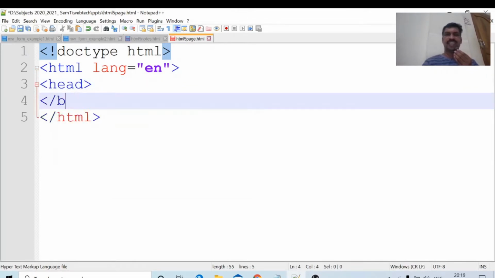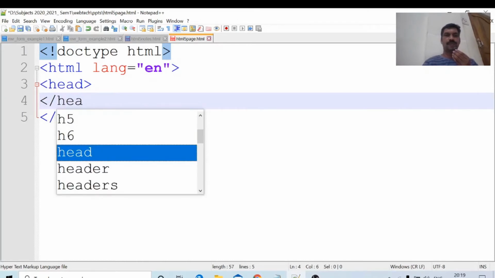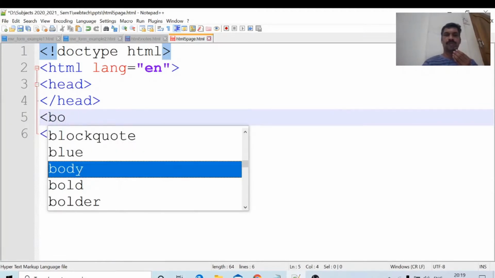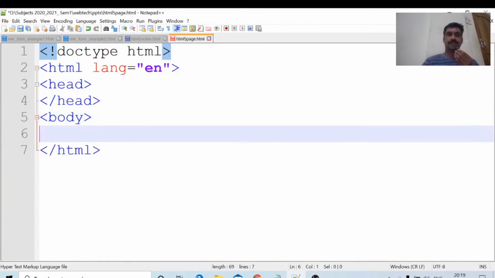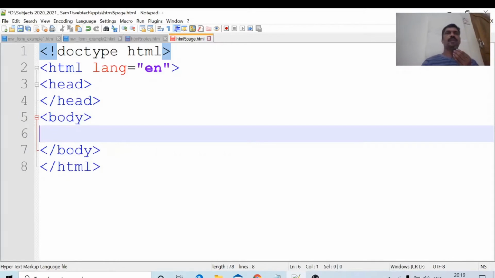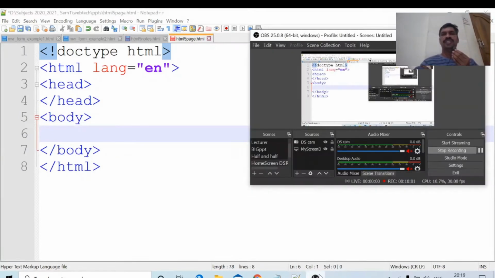Head slash head. After closing the head section, we will start body and slash body. This is the body of the HTML.